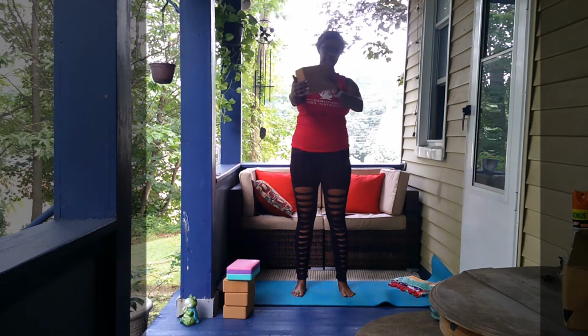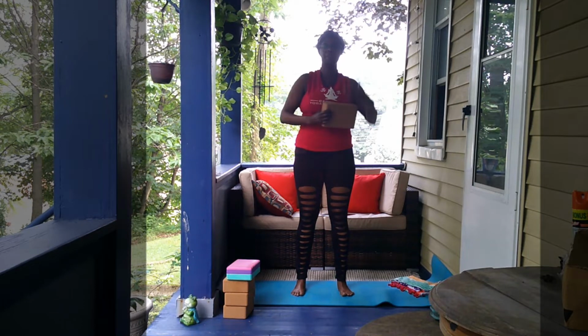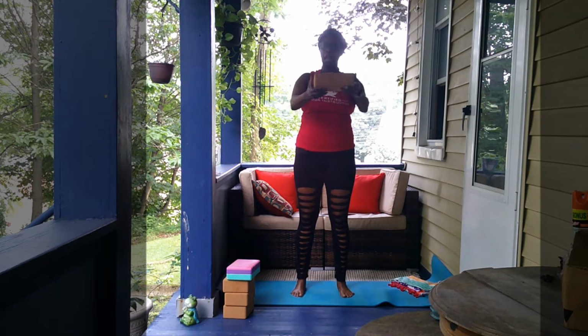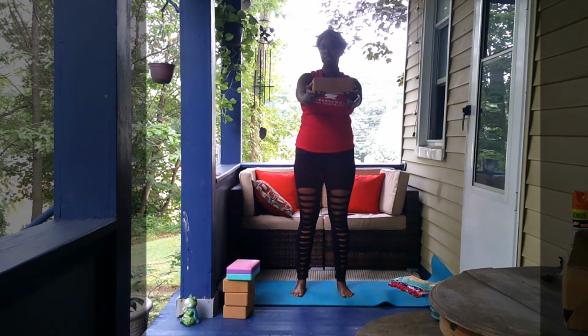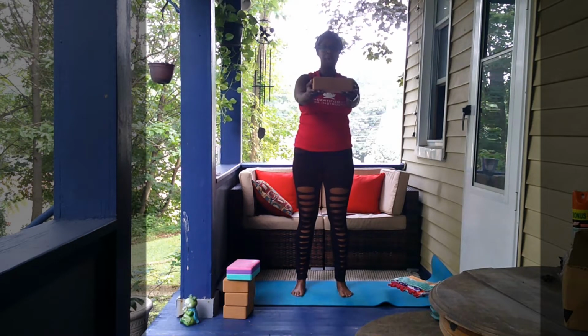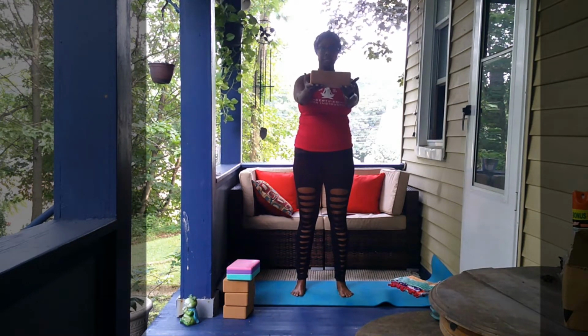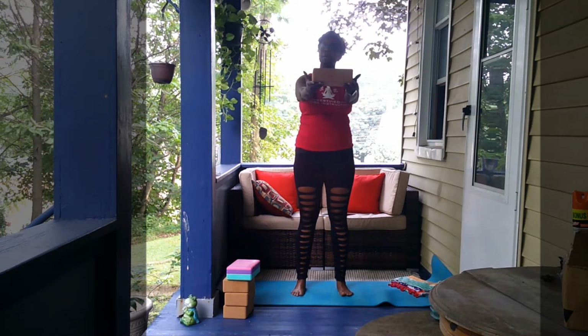Let's hold it here for about a minute. If you don't have a block, you can just have your hand straight out in front of you, or you can just have a book, or maybe use a pillow. If you want to use weights, you can use a 1 pound weight up to 3. Nothing heavier than 3 pounds. The block is about a pound, I think. Up to 3. Not that heavy, but it's just a little bit